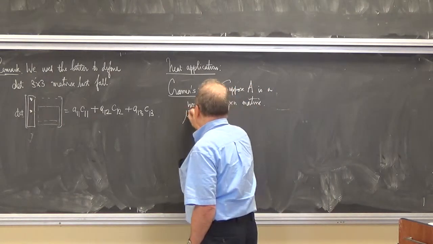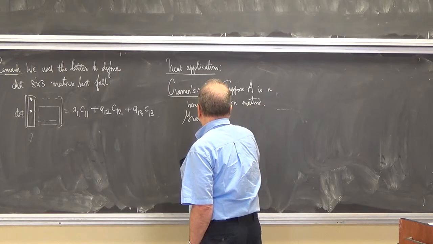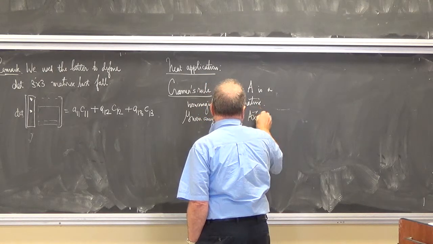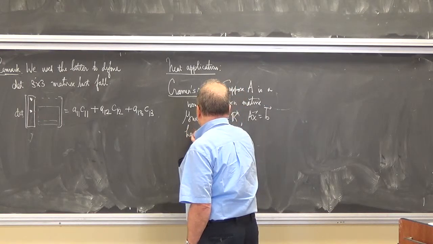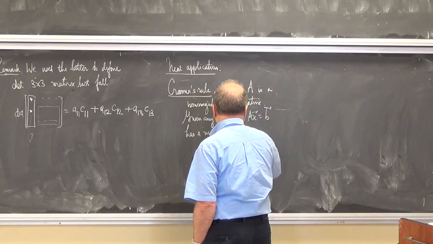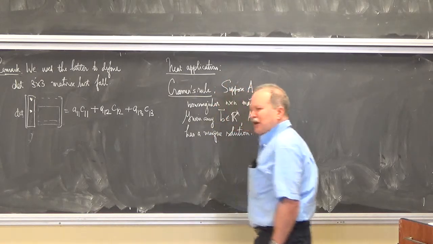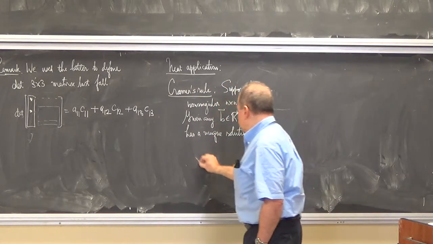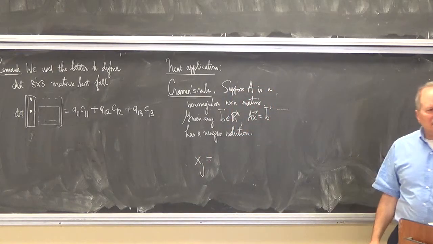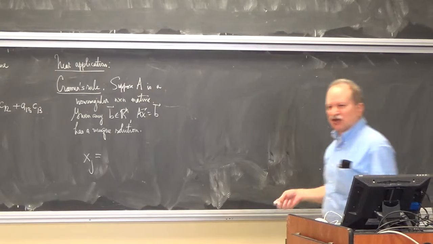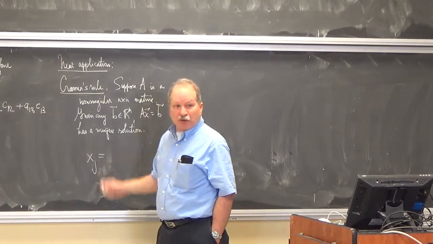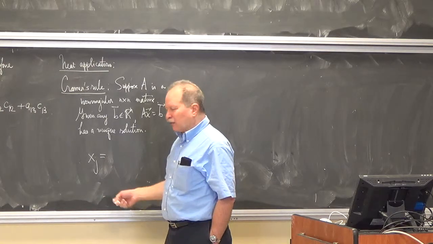So, given any b, Ax equals b has a unique solution. And if you happen for some reason to be interested in just the jth entry of that solution, so I could imagine some sort of application where you were interested in not the whole vector x, but just one component of it, there's a formula for it